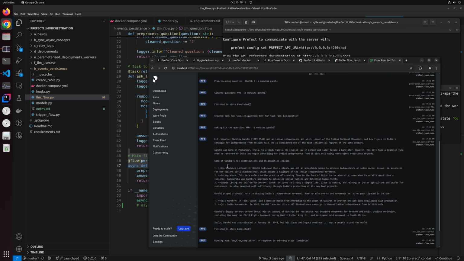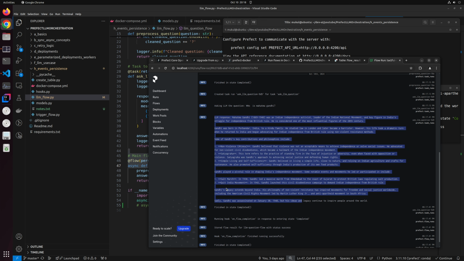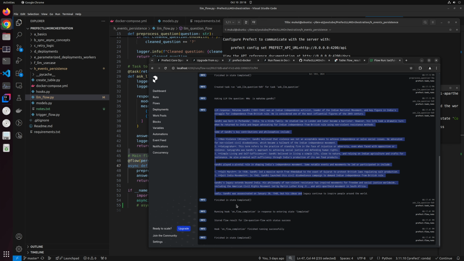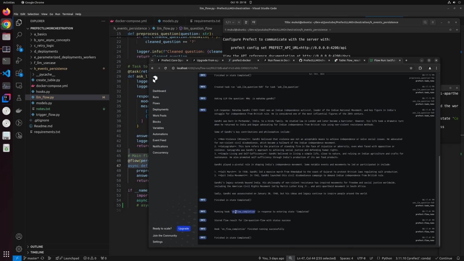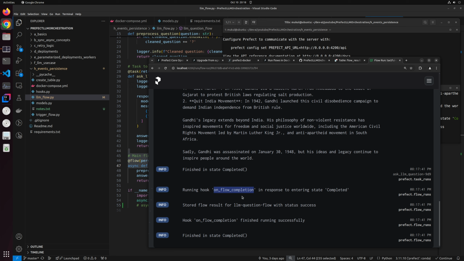And asked the LLM a question, and it responded back with all this information over here, and then the state was completed. The on flow completion hook was invoked because the state completed successfully. Let me make it bigger so it will be easier for you guys to read. So on flow completion was invoked, and then store flow result with the status of success, right? So it stored that, and the hook finished successfully,